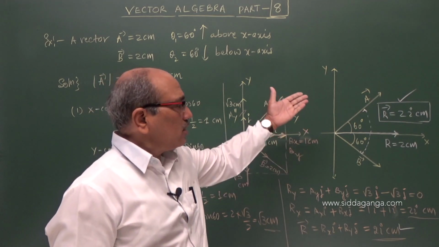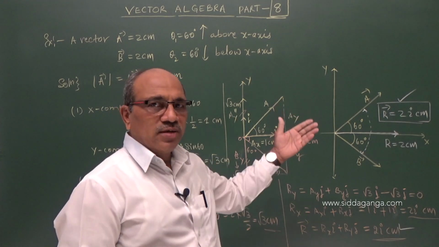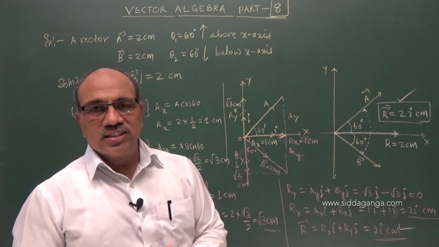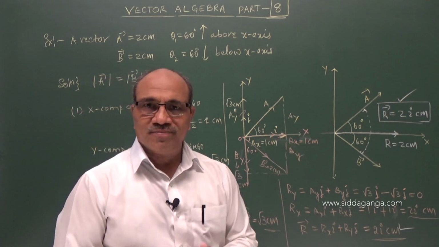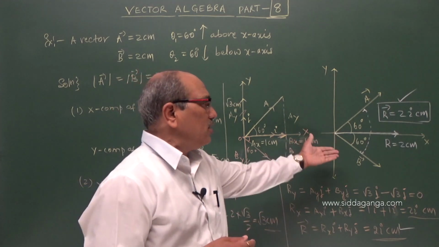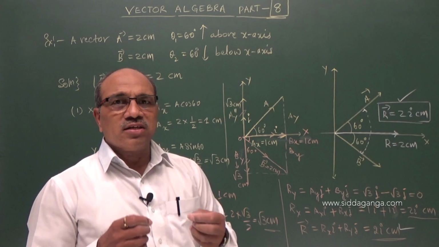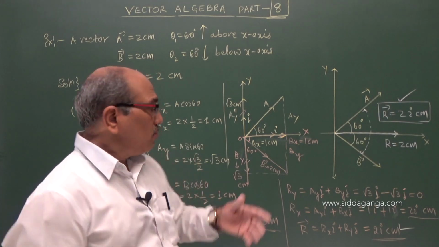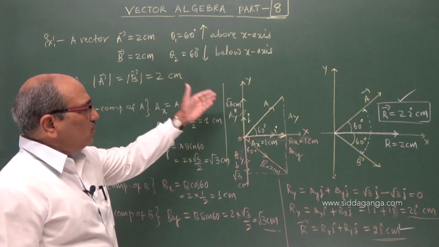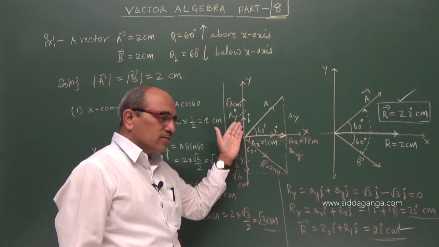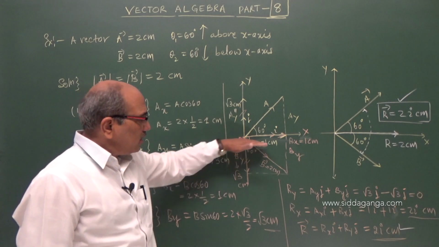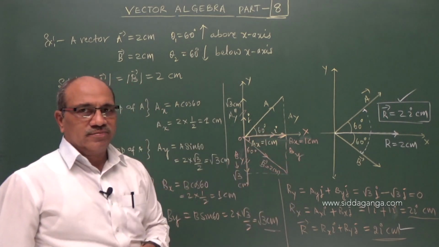So, if the two vectors are the same and the angle between them is 120 degree, then the immediate answer is that the resultant is one of the vectors. That is the trick. And the angle is 120, bisects 60 degree. Immediately the answer is obtained, within 30 seconds we get the answer. But here, it needs time, no doubt. We have to find the x component, y component of both vectors, and add them vectorially, both the y components and x components, and write what finally comes.